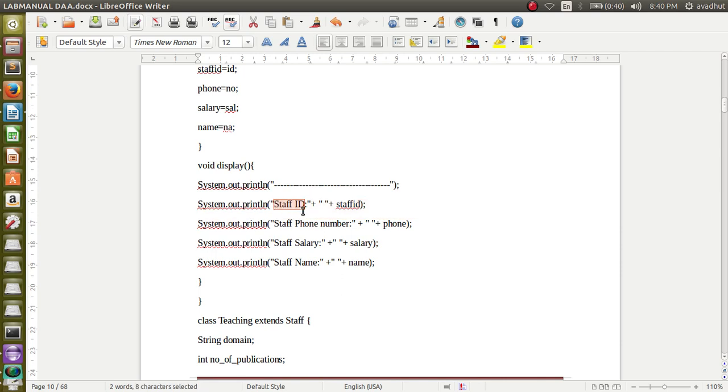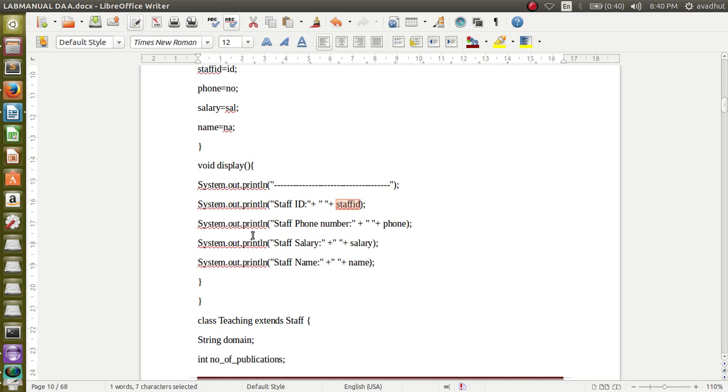Whatever is the variable, its value will be displayed. This staff ID is written in the double quote. Whatever is written in the double quote will be displayed as it is. So staff ID will be printed, then a colon, and after that the value of the staff ID will be printed.